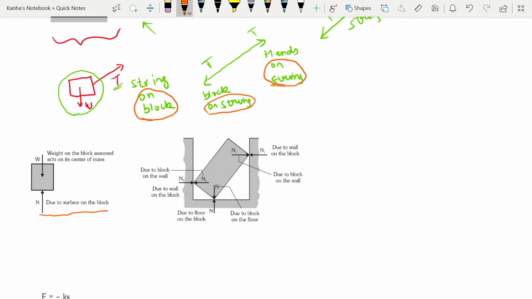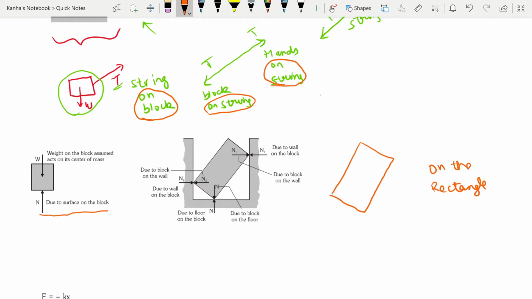So whenever you should remember, first of all, remember the normal reaction, like tension, is a contact force. So let me draw the free body diagram for this system. What will I get? I will basically only get things that are acting on the rectangle. I need only the forces that are acting on the rectangle.